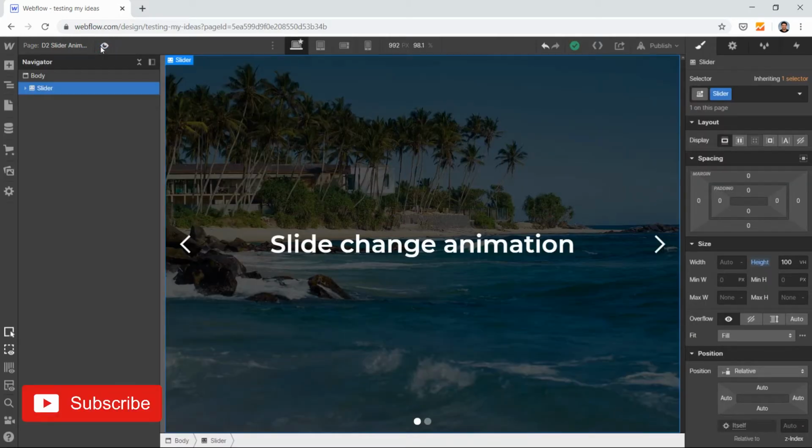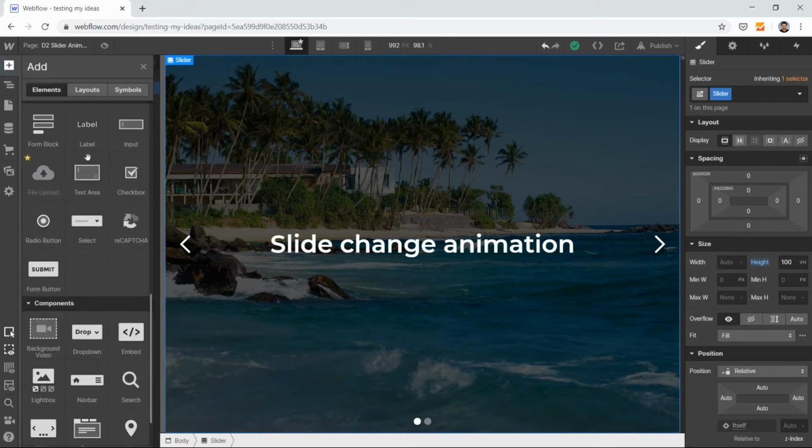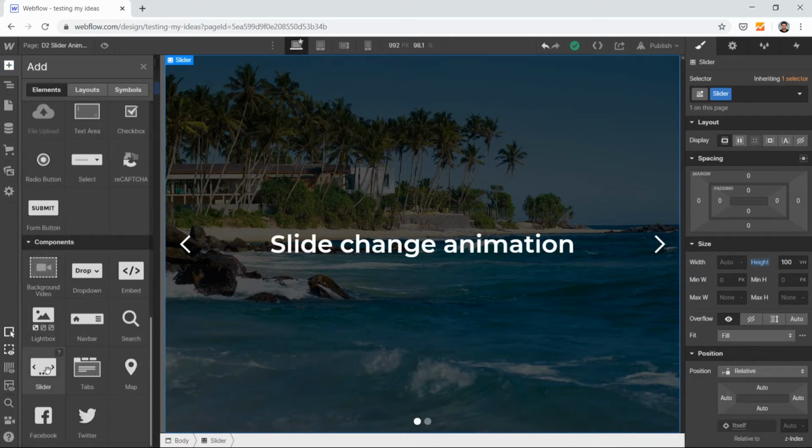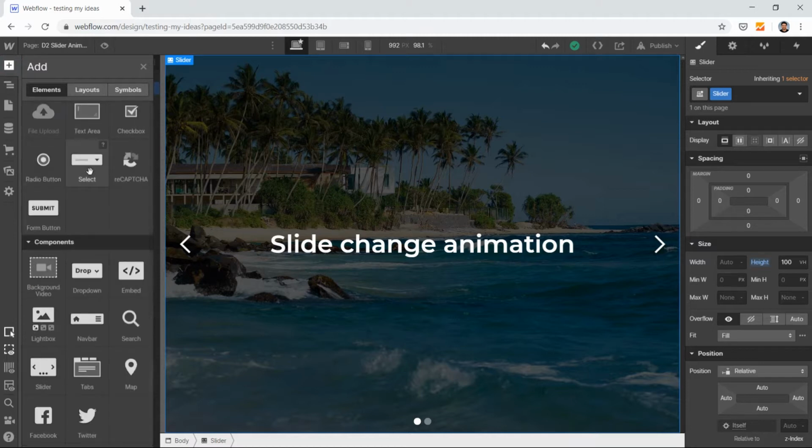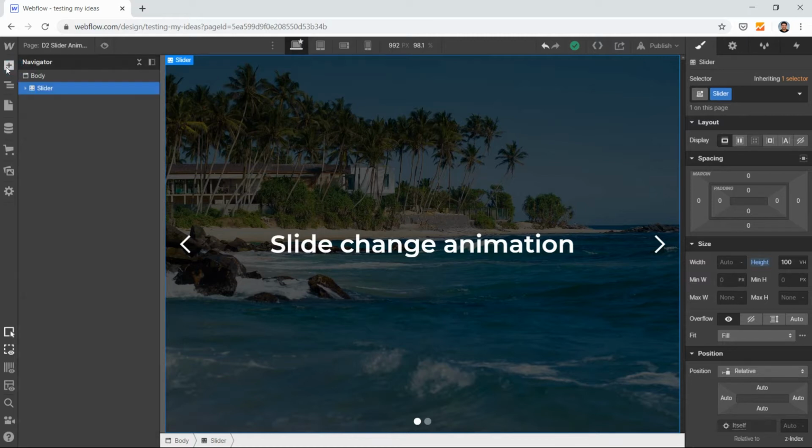So here I have put my slider in this navigator. From this you can put your slider in your navigation by dragging and dropping from here. If you are practicing along with me, then open up your Webflow account and start creating this slider with me. Okay, so the next step is, after fetching this slider and putting it here, what I did is I made this